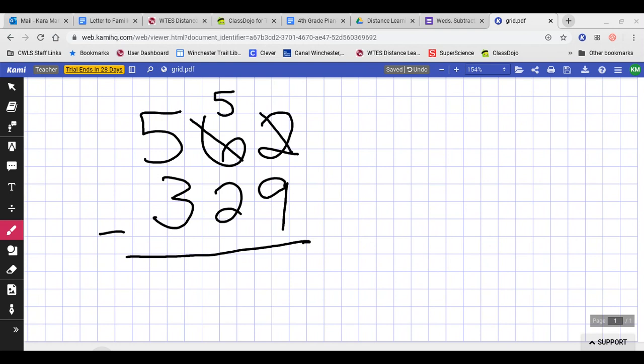And then I add 10 to the 2 I already have to make that 12. So 12 minus 9 is 3. And now I have more on top. So 5 minus 2 is 3. And in my hundreds column, I also have more on top, so no need to stop. Just go ahead and subtract. 5 minus 3 is 2. So my final answer is